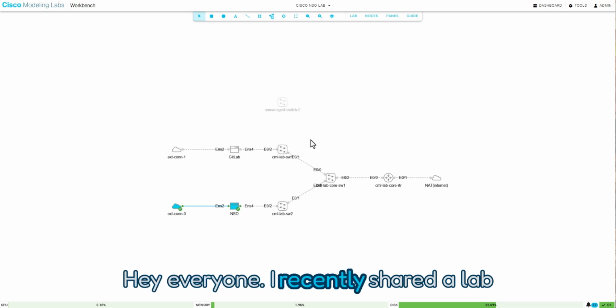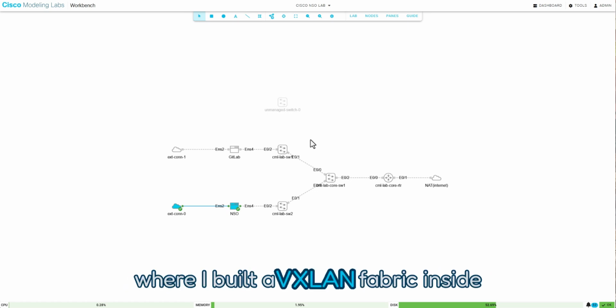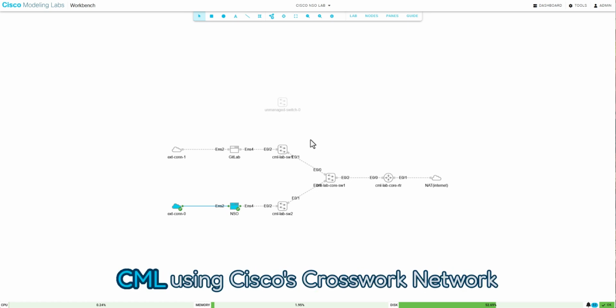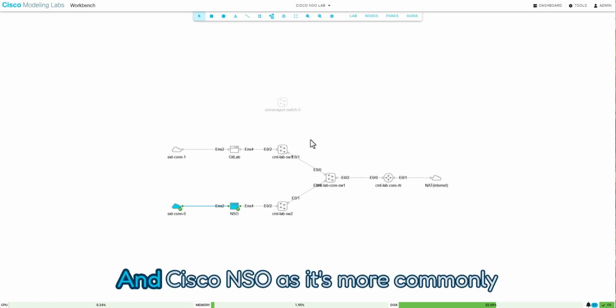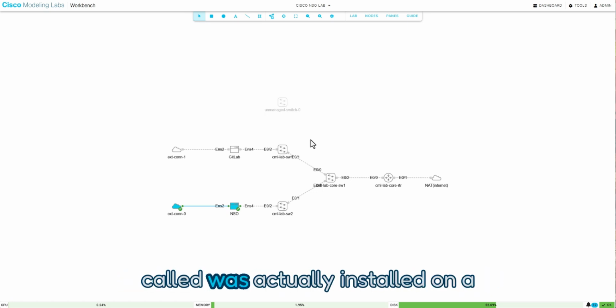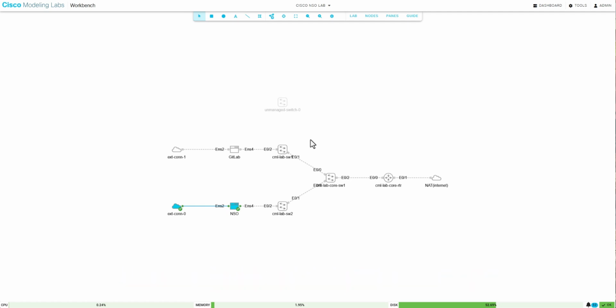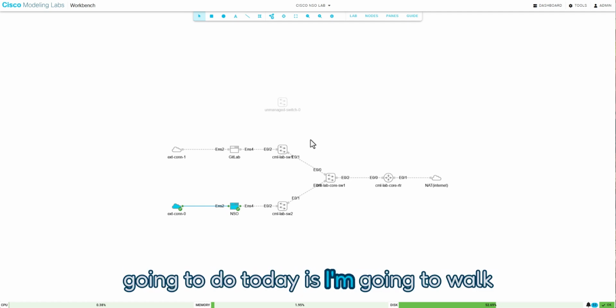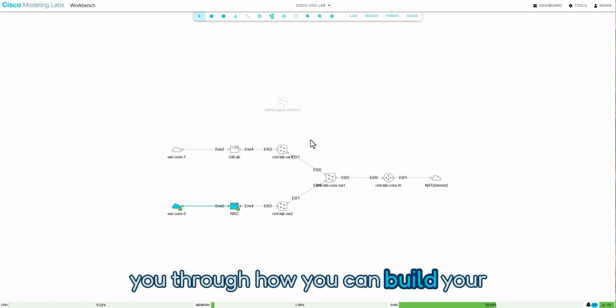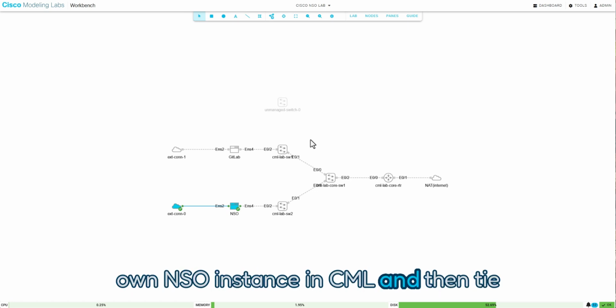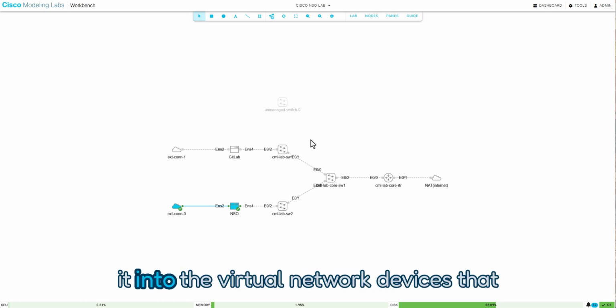Hey everyone, I recently shared a lab where I built a VXLAN fabric inside CML using Cisco's Crosswork Network Services Orchestrator. And Cisco NSO, as it's more commonly called, was actually installed on an Ubuntu host inside the CML lab that I built. Now, what I'm going to do today is walk you through how you can build your own NSO instance in CML and then tie it into the virtual network devices that we've got running